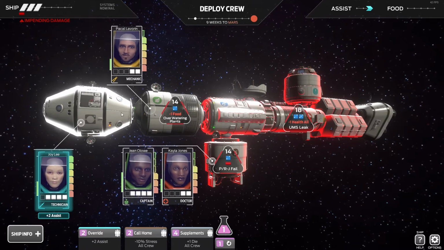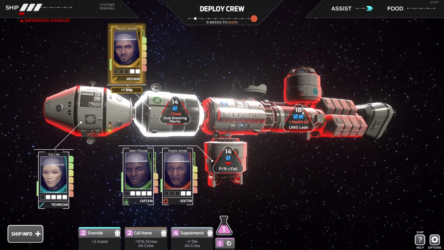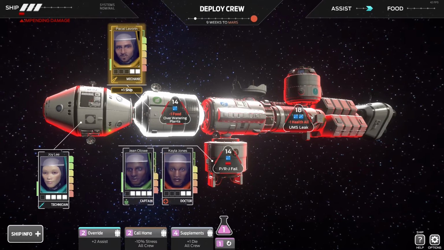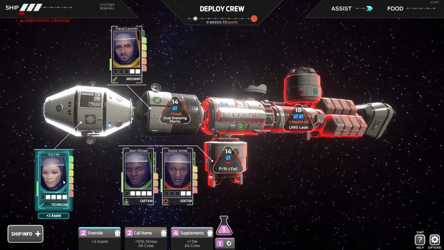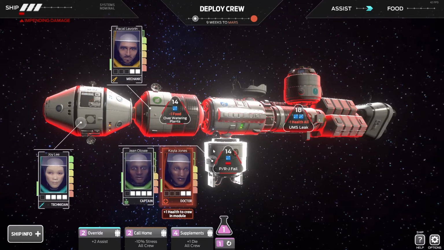So, ideally what we want to do is clear this one and then send everyone over here to avoid that, because -1 health all is quite a hefty penalty. 1 ship damage we can take, especially if the mechanic can fix it. So, the thing is, who do we want to do that? I think what we'll do is we'll run